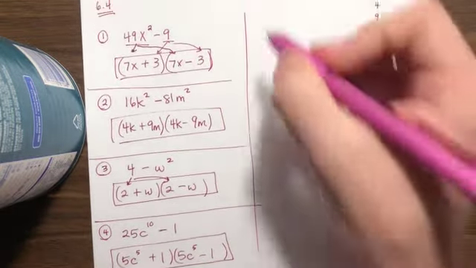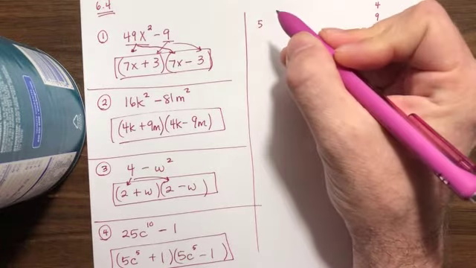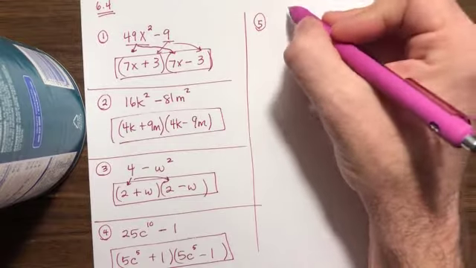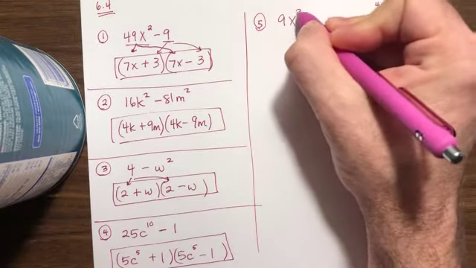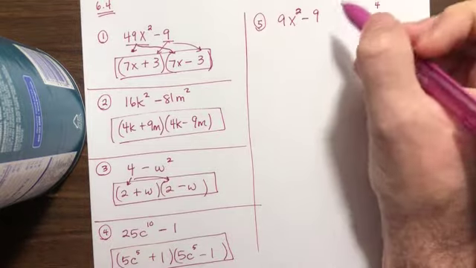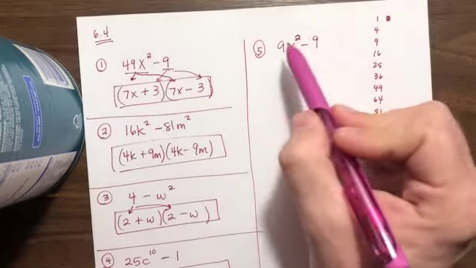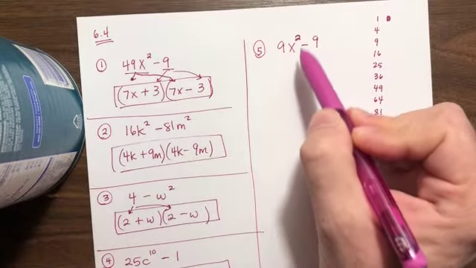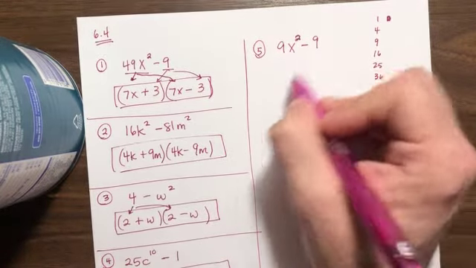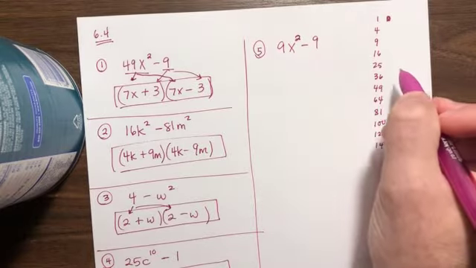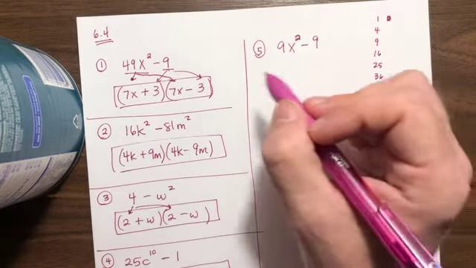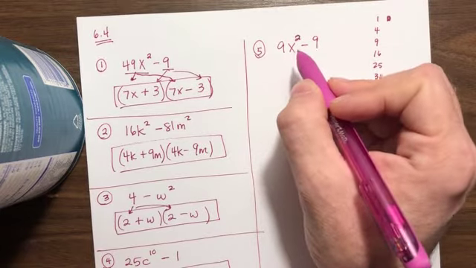Now, number 5. 5 is one of those problems that looks like something, but it's actually two things. So this looks like the difference of two squares, and it is. This is 9, and this is 9, and this is square. They're all squares, and this is a minus sign in between. Yay. So I could go 3x minus 3, 3x plus 3, right? Technically, yes, you could. But what I want to do is